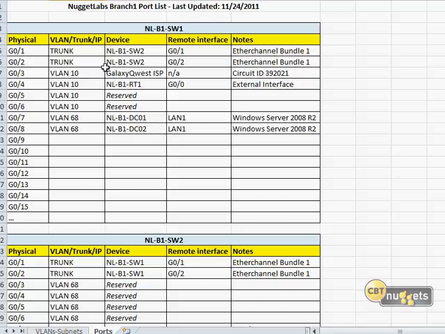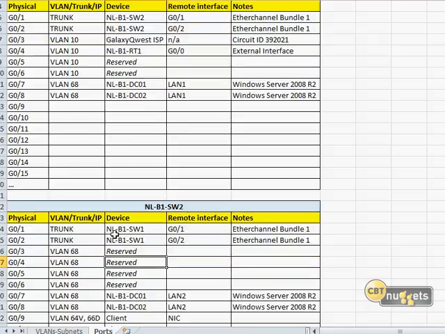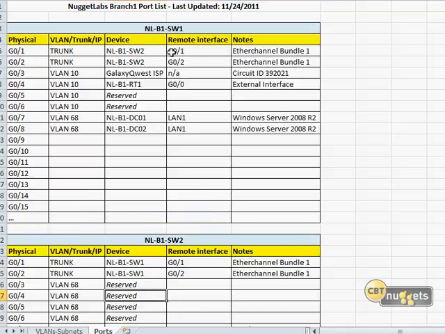Now, for instance, I'm looking at this is switch 1 right here. Branch 1, switch 1. If these are all connected to clients, what I would do is just type in client. If there's nothing in them, put nothing. I mean, unless you have a reserved port or something you want to make sure that nobody uses, you can have that too. So this is our switch 1,